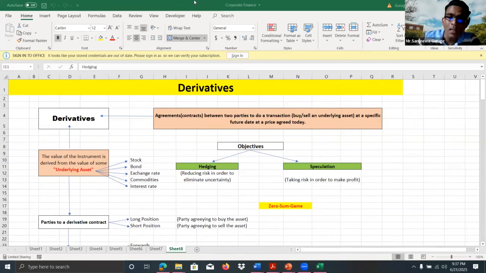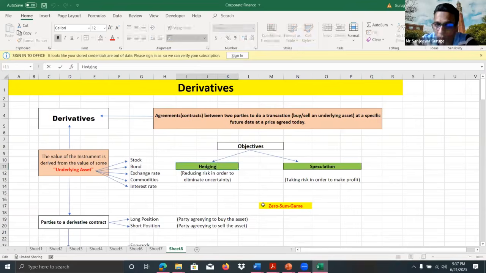If the contract was not there, it would be better. I have agreed to buy US dollars at a particular rate, but now the rate decreases. Loss here is not an accounting loss, but there was a possibility to buy US dollars at a lower rate if the contract was not there. That's why there is always a gain from the derivative contract to one party and a loss to the other party, and that's why derivatives are known as a zero sum game.